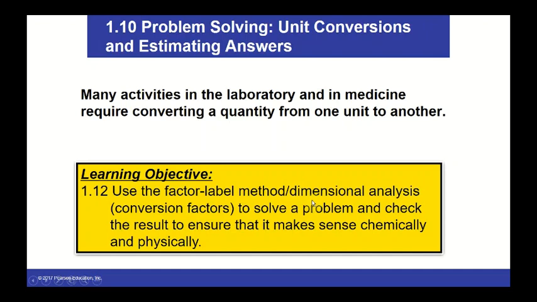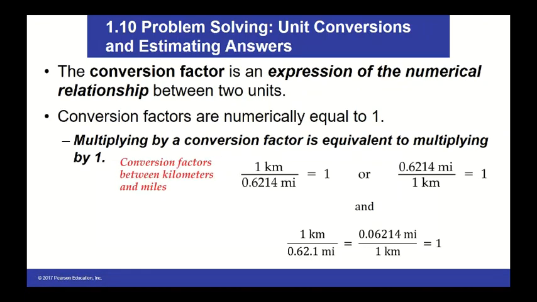So we'll take a look at the first objective, use the factor label method, dimensional analysis, to solve a problem and to check the result to make sure that it is correct. When we're doing calculations in chemistry, a number of calculations are going to include using the conversion factor. And we've looked at conversions before when we looked at prefixes for metric units, and we had to convert between different metric units. Here we can use conversions of equalities to help us